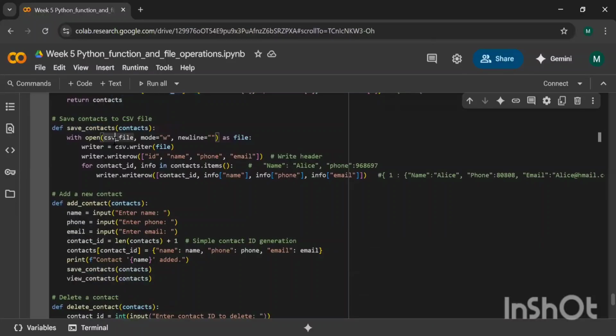With the help of open, because you want to write the contacts, you will use the W mode. Writer is equal to csv.writer in the file, because I'm taking it as file. Then writer.writerow. Only writerow. Why? Because right now I'm just taking a header row, which is ID, name, phone, and email,